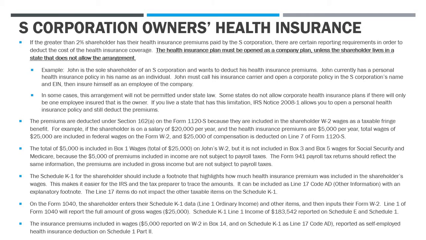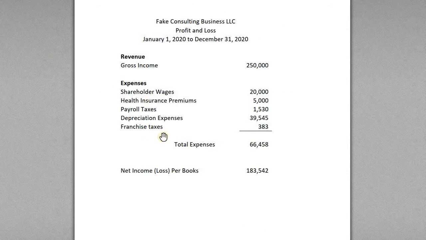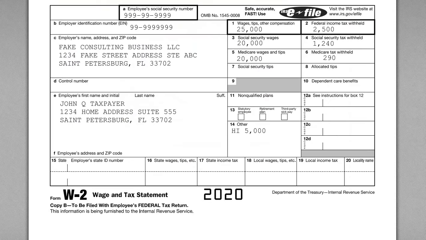So if I flip really quickly, let's look at the financial statement here first. Okay, so really basic financial statement. John's wages are $20,000. The health insurance premiums paid for John are $5,000. So when we do his W-2, we have to include $25,000 as the total comp. Okay, so if we look at John's W-2 here,